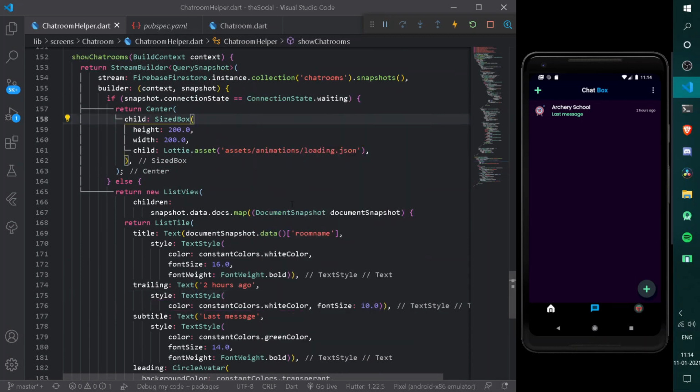So I think we should keep it all for today. In this tutorial we have learned how to create a chat room having a particular data of chat room itself. So in the next tutorial we are going to have the functionality of group messaging under a particular chat room. That is, on tapping over it, a new window shall be appearing to us for particular messages under a particular chat box, that is chat room.